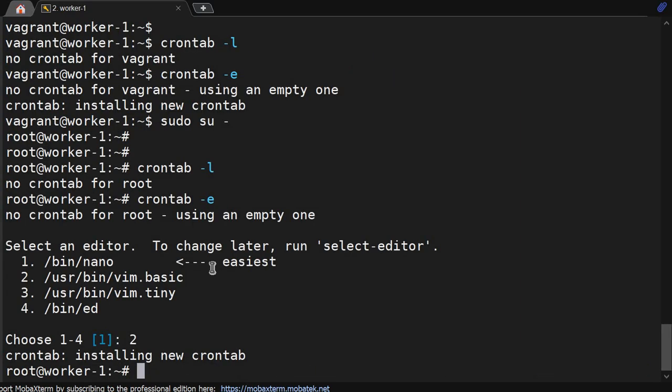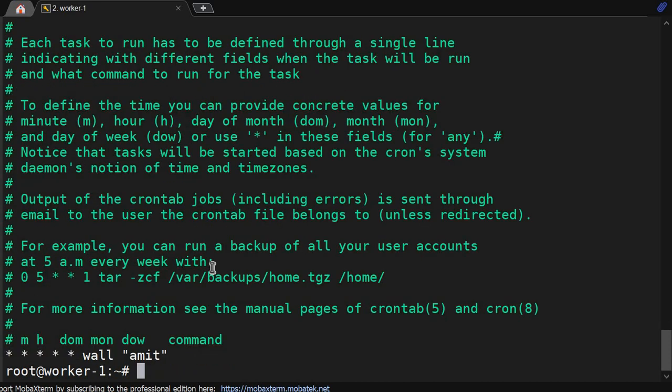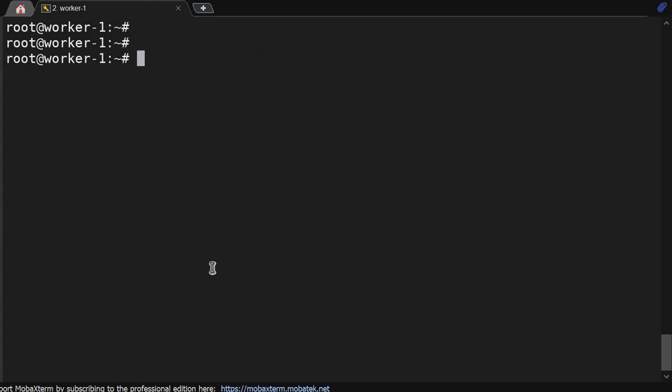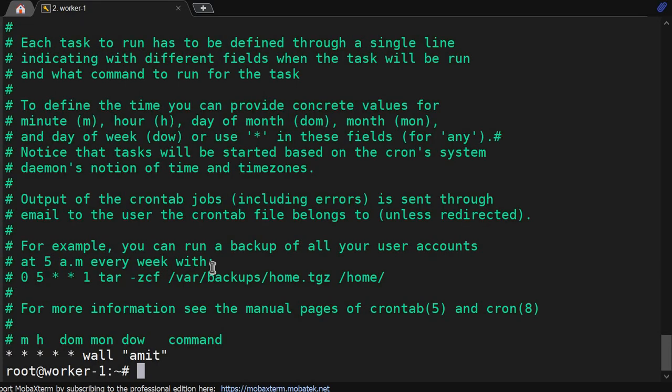Okay, now we are having crontab -l. As a normal user I was running crontab, and as a root user I am running crontab as well. Okay, if you do crontab -l you will be able to see the jobs,